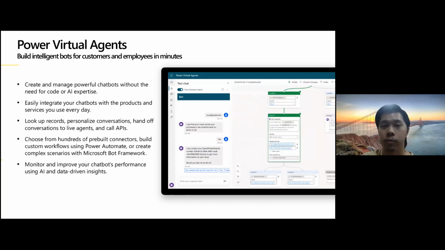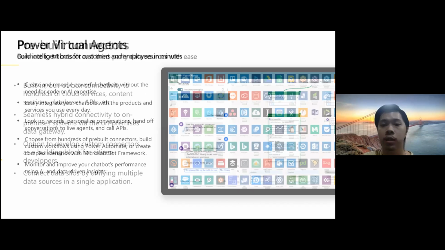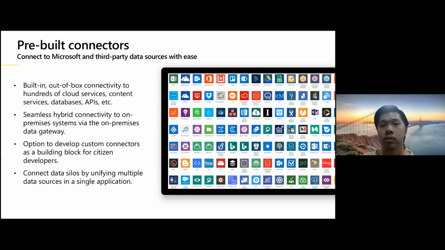And now an area of potential interest for developers like yourselves, the connectors that I was mentioning earlier. There are more than 350 public connectors that make it easy for application builders like yourselves to connect to both Microsoft and third-party services. These connectors are essentially proxy wrappers around the APIs provided by services that allow Power Apps and Power Automate to easily interact with that service without any developer knowledge needed. They provide built-in, out-of-the-box connectivity to hundreds of cloud services, files, databases, web APIs, and more.